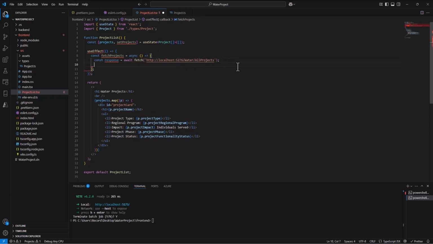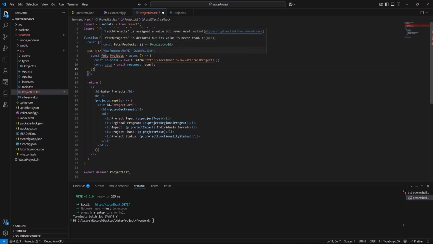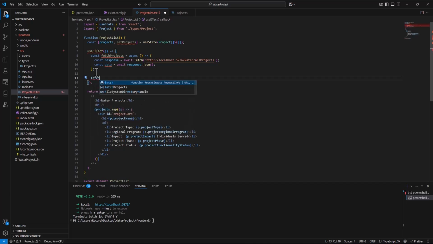Okay, I create another const called data. This is actually going to hold the data, and I'm going to set it equal to, I'm going to await the response and then get the JSON out of it. That's going to go into my data. All right, so we go look for the data, we await till it comes in, and then we're going to set this data to the response once we have it, going and getting the JSON out of it. And then that's the setup. So this is fetch projects, right? So then I'll call, as part of this use effect, that function. I'll say fetch the projects,